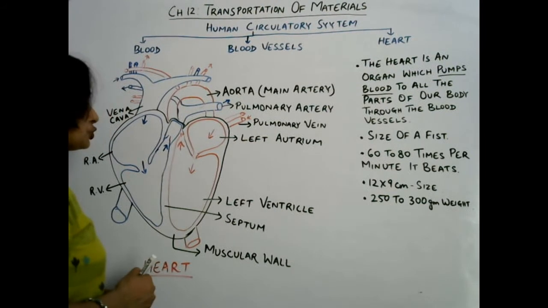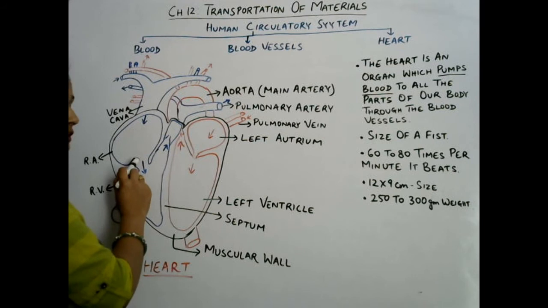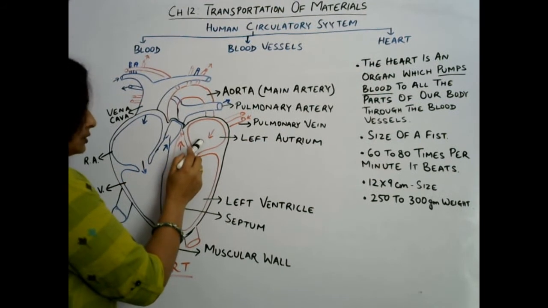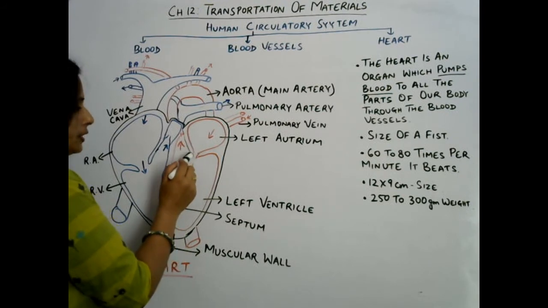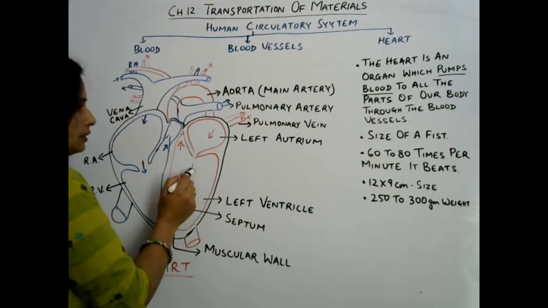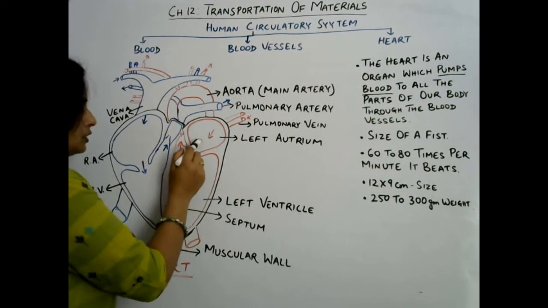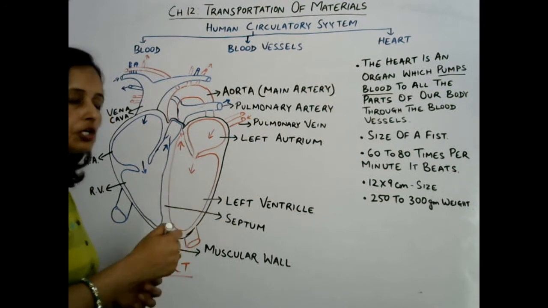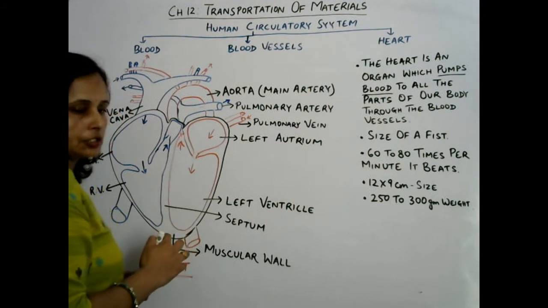and basically the heartbeat that we listen is due to the pumping of the valves. There are valves found between the right auricle and right ventricle, and between left atrium and left ventricle, okay, atrium or auricle and ventricle. Okay, so these valves basically open and close. Due to the opening and closing of the valve we can listen the heartbeat.